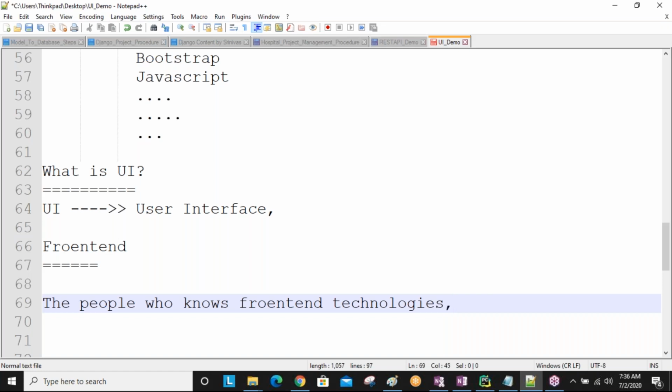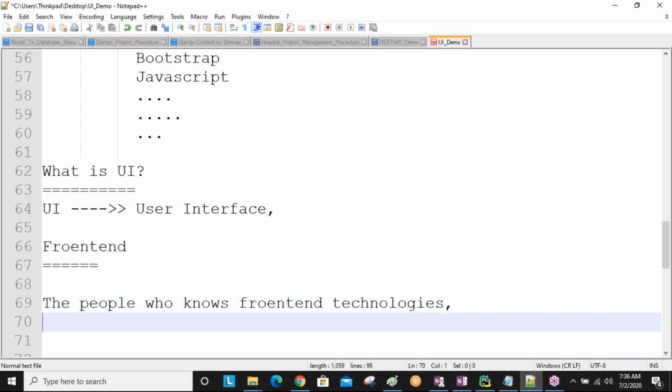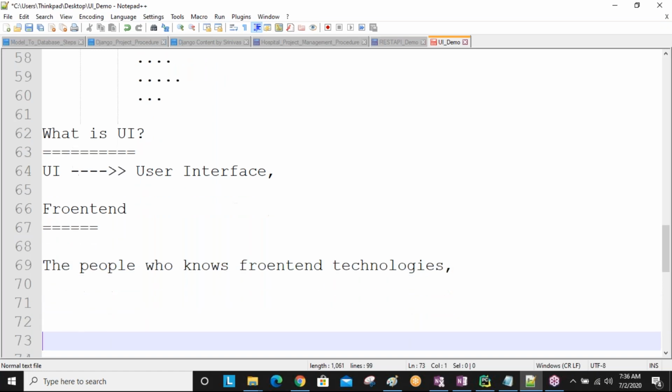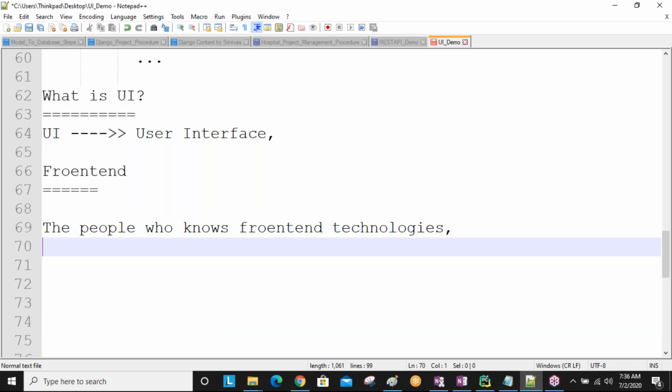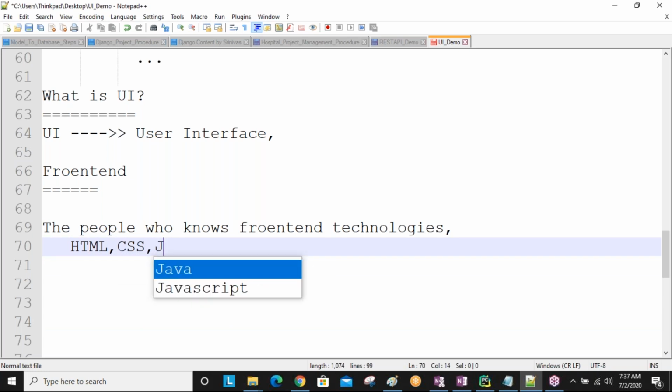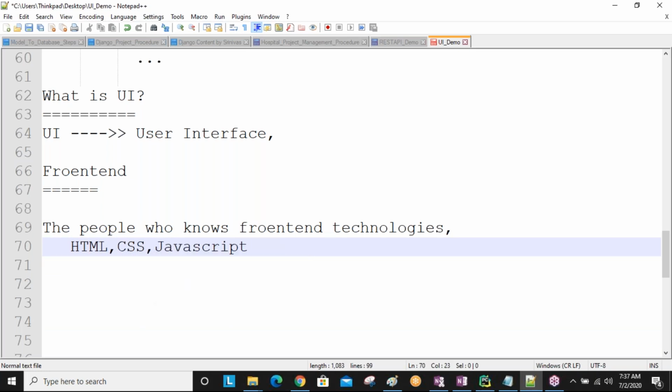So what are the front-end technologies? We already discussed HTML, CSS, Bootstrap, JavaScript, all these things.